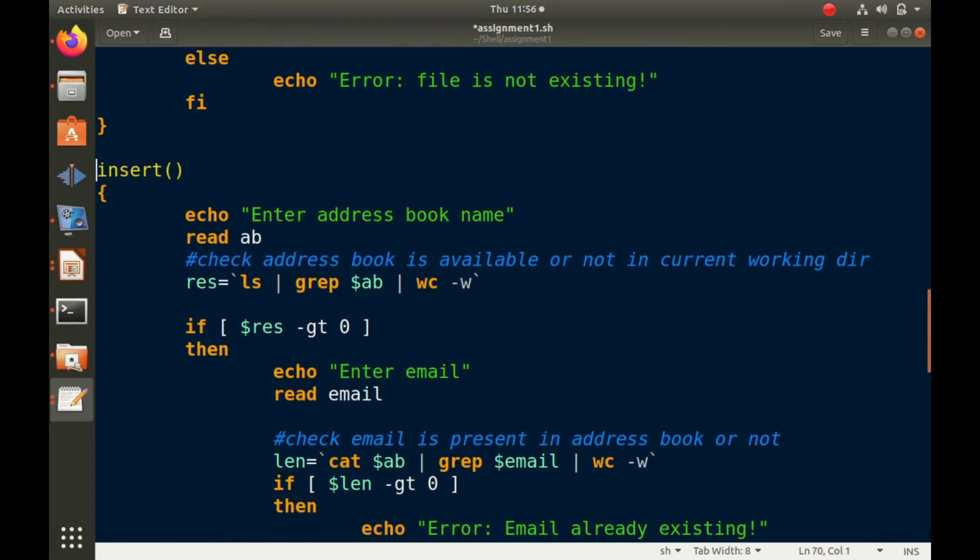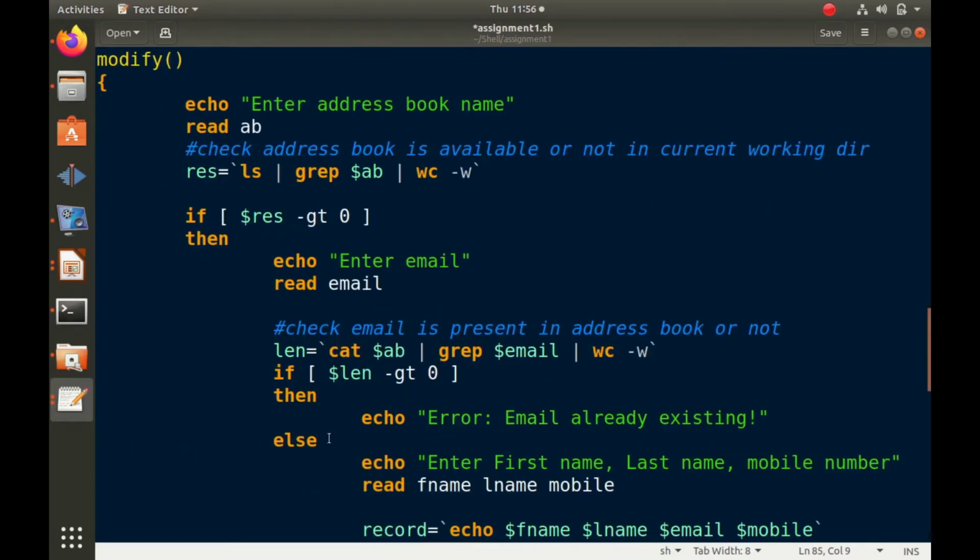Now change the name of this function to modify. Then ask the user to enter the address book name. The user will enter it, then check whether the address book is present or not. If the address book is present, ask the user to enter the email, then check whether the email is present or not.